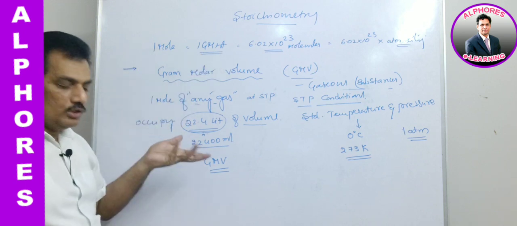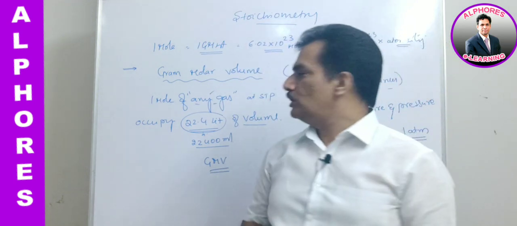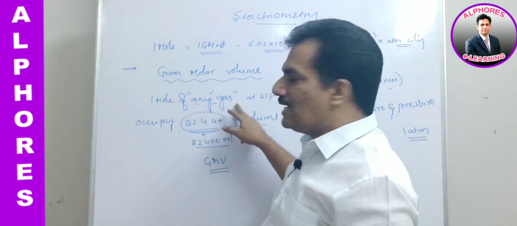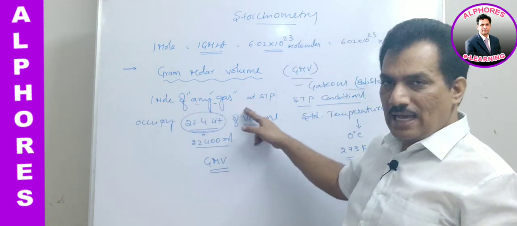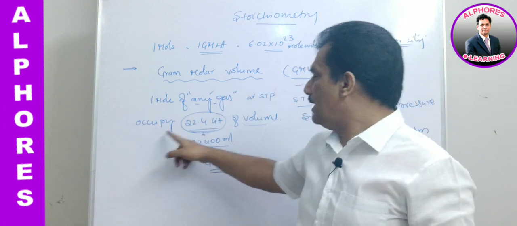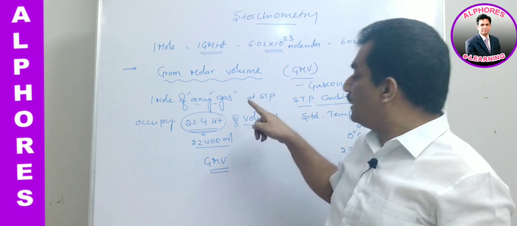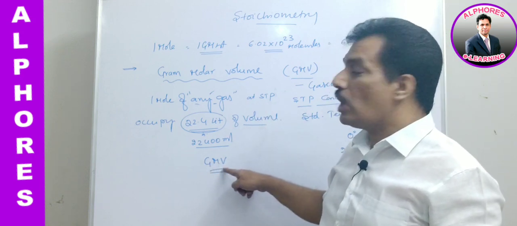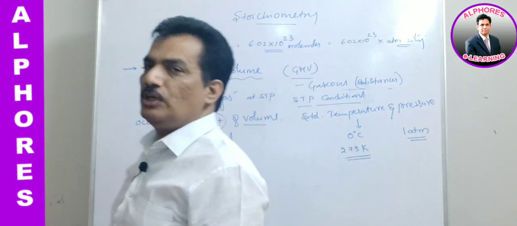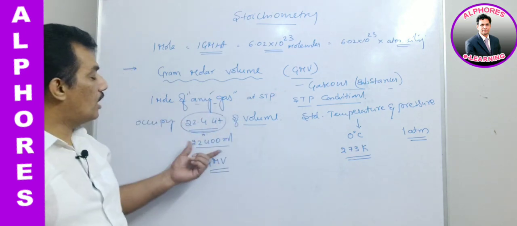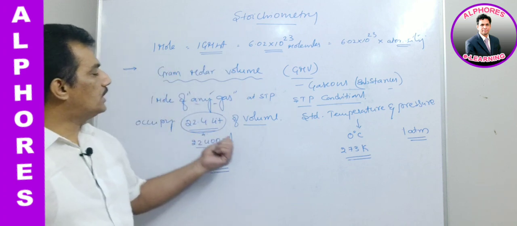One mole weight, already we know the mole and weight relation, as 1 mole is nothing but 1 gram molecular weight. So simply we can say that 1 mole of any gas, or 1 gram molecular weight of any gas at STP, occupies 22.4 liters of volume, and this volume is known as gram molar volume because it is 1 gram molecular weight, 1 mole. Clear? That is the relation of mole with the volume.